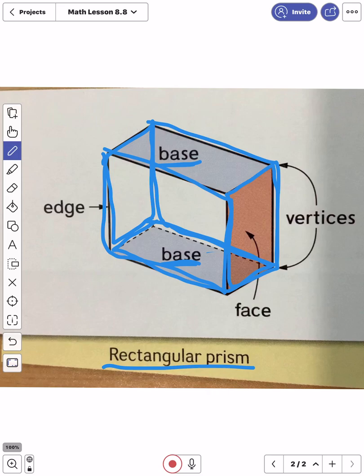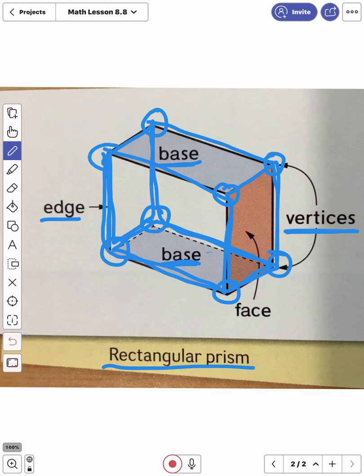And then you'll notice this word edge, and it's pointing to this line here. An edge is where bases or faces come together. They are straight lines where bases or faces come together. And then finally, we have this word vertices. Vertices are the points where the edges come together. So if you were holding this shape in your hand, these vertices would feel kind of pointy. I'm circling each of them, and you could maybe imagine that if you touched those vertices, they would feel a